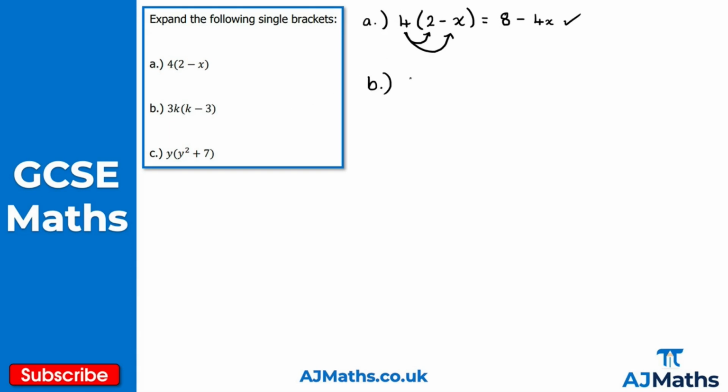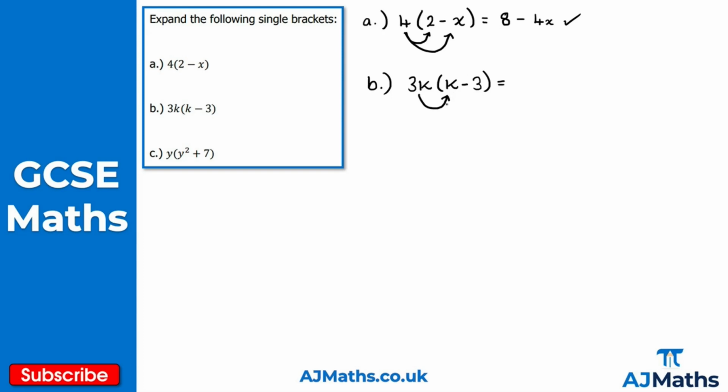I've got 3k bracket k minus 3. So again, if we're just expanding here, we just want to get rid of this bracket. And remember, we just do that by multiplication. So we take the term on the outside here, this 3k. We times by each term